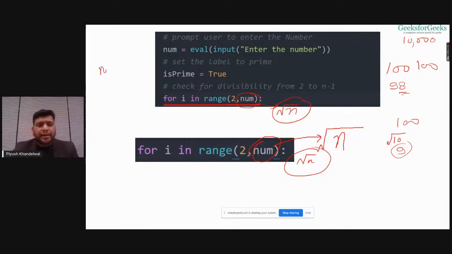If num is 100, this loop will run 100 times. But if I run it square root of n times, this loop will run only 10 times. And this comparison becomes larger with larger values. So if I have a value 10,000, this loop will run 10,000 times, but when I pass square root, this